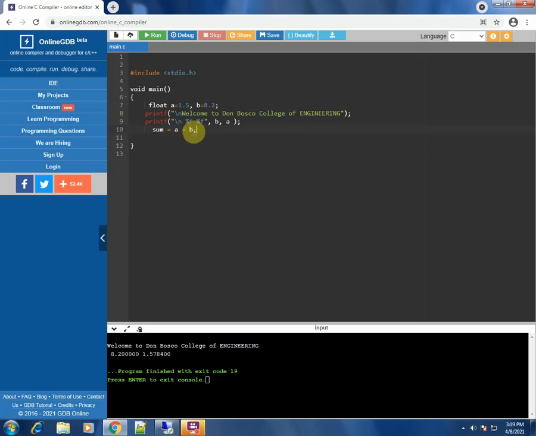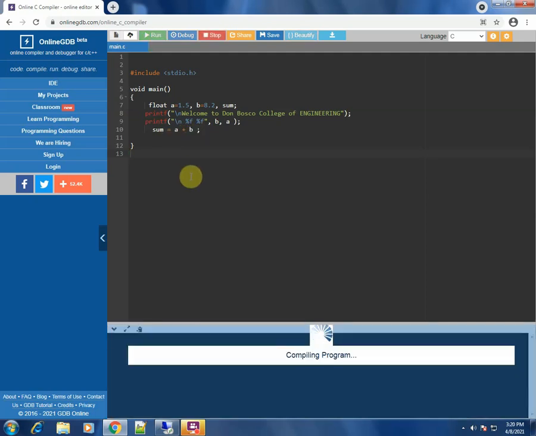You have to end the line with a semicolon, and since we have made use of this variable sum, you have to declare that variable over here. Without declaring any variable, you cannot make use of the variable in the given program. So since sum was not declared, it wouldn't give you a correct answer.